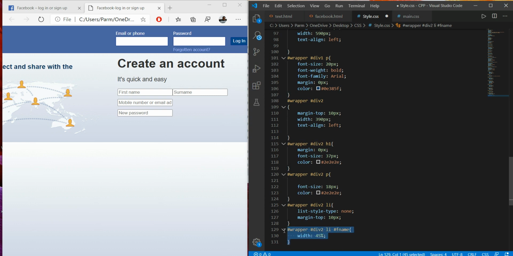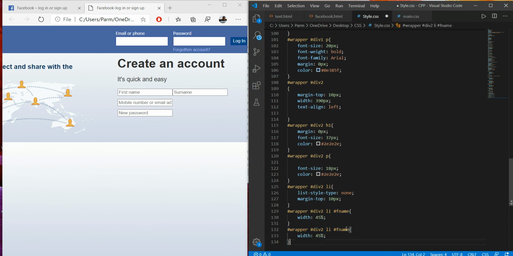Similarly I'm going to copy, Ctrl+C, and here we go, Ctrl+V, and here we have the id given to this as sname, and here we also specify its width around 45%, and we need to have space among these, so here we set margin-left of 2 pixels. Now save this, and here we go, refresh. Okay, it's done.